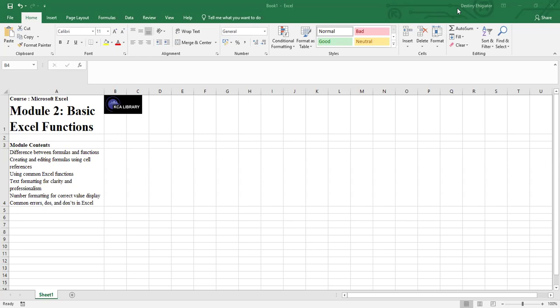In this module, we'll be discussing the following. The difference between formulas and functions. How to create and edit formulas using cell references. Common Excel functions. Text formatting for clarity and professionalism. Number formatting for correct value display. Common errors, do's and don'ts in Microsoft Excel. By way of introduction,